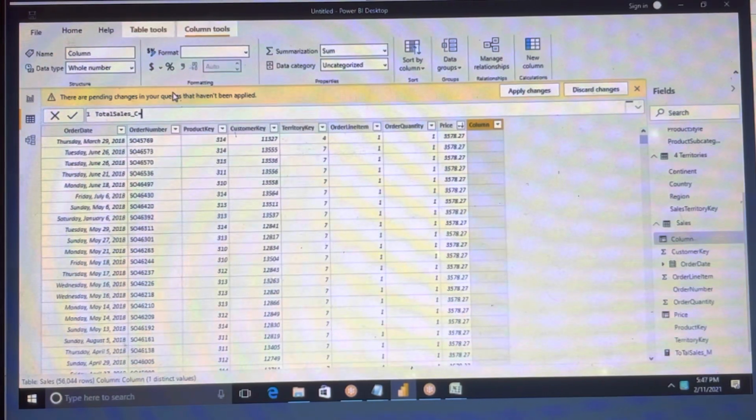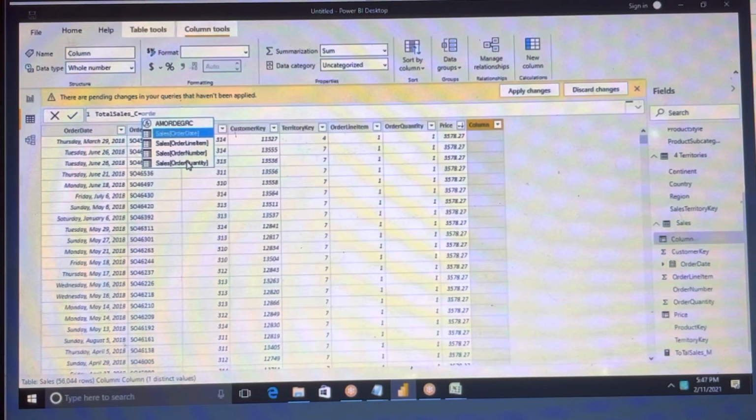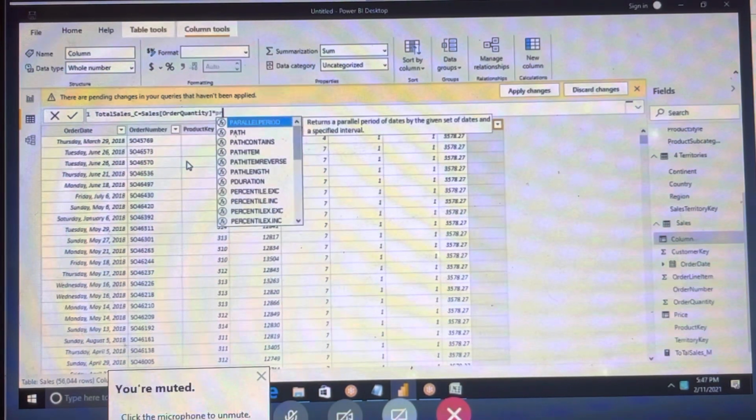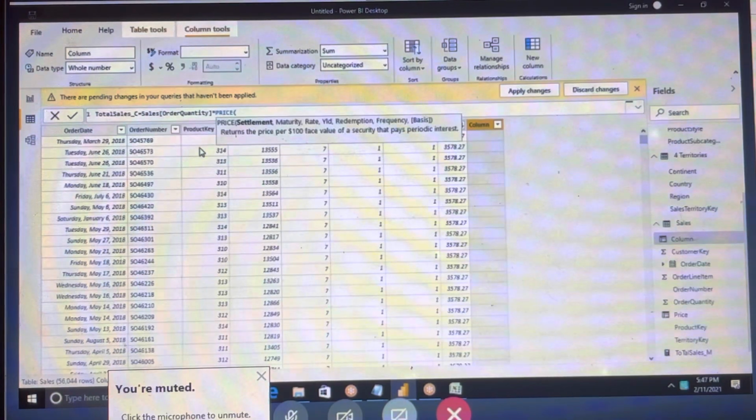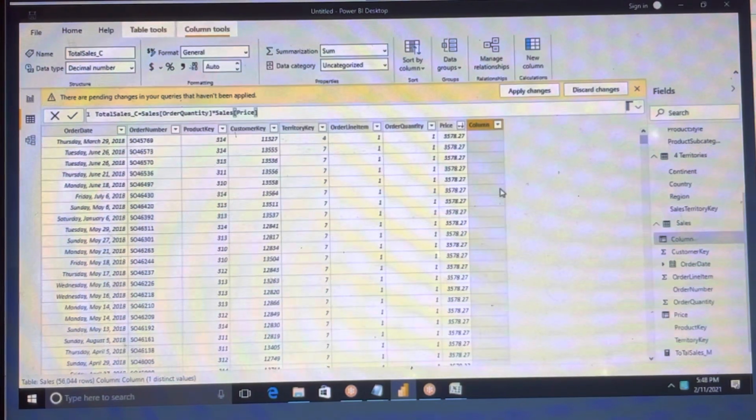What we have to do is order quantity times, in the same table only. Now it is not a different table. You can see price, sales price, that is a function. Now you can see the column here.